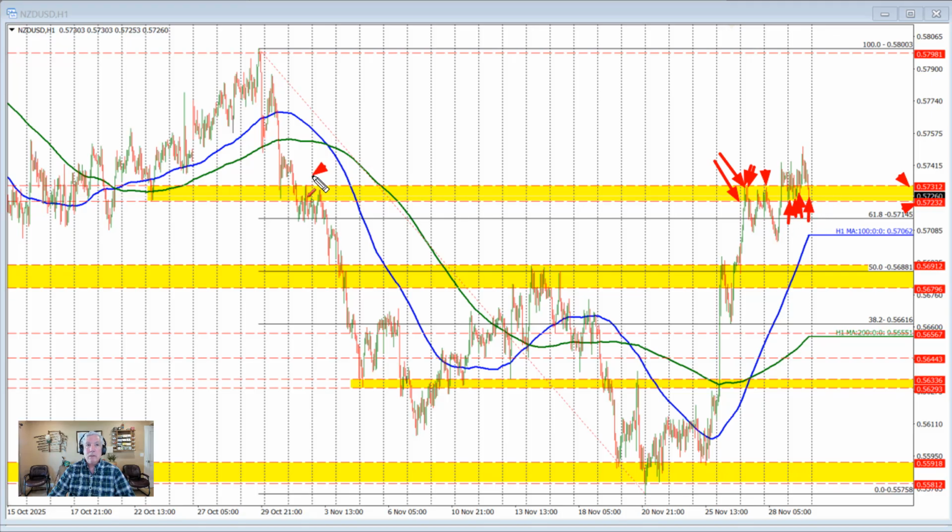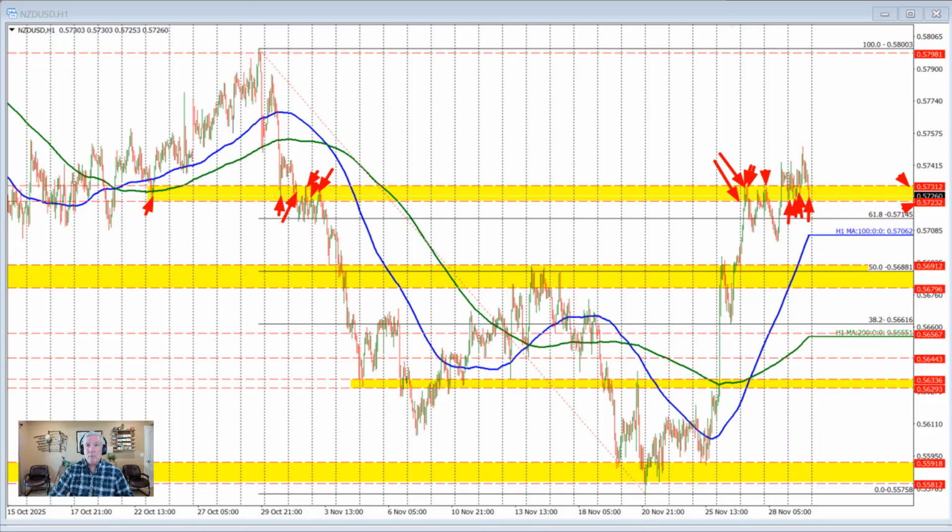By the way, this yellow area goes all the way back to this period right through here, where the highs and lows were developed, forming this swing area. So it was support here, it became resistance right here, and resistance again right through here. Now it's support, and the price is down, testing the low of that swing area between 0.5723 and